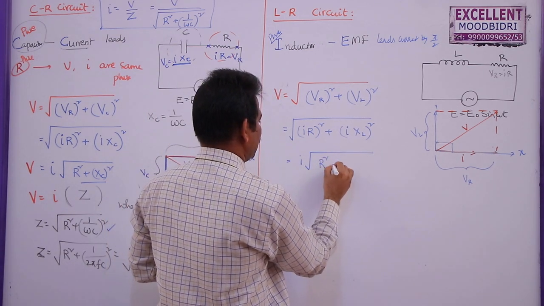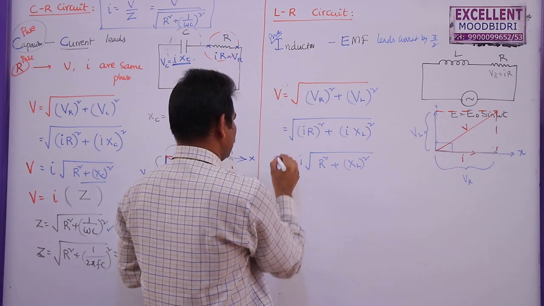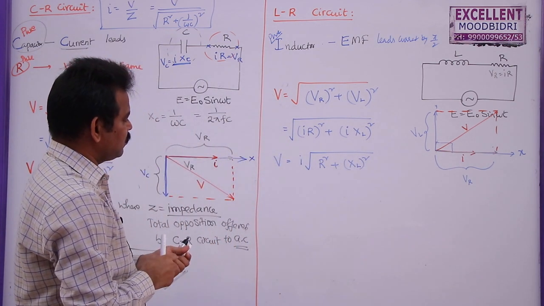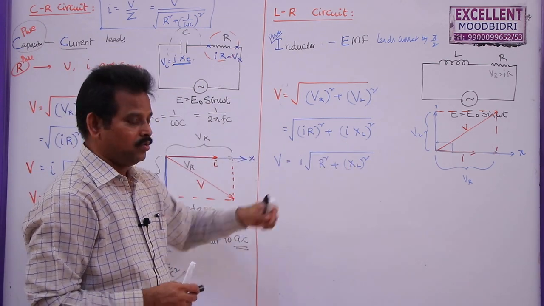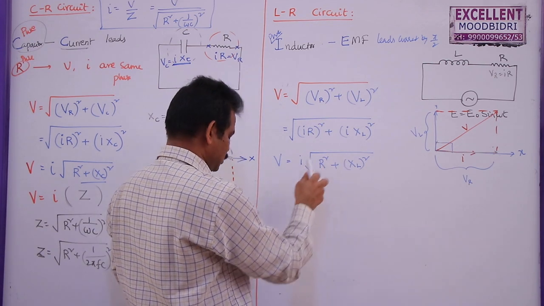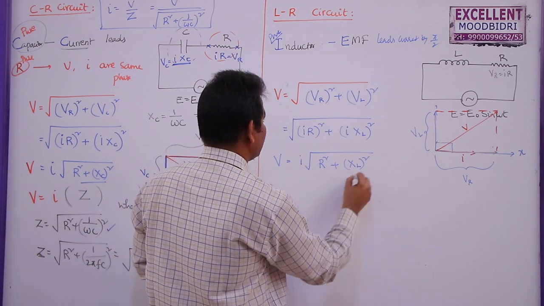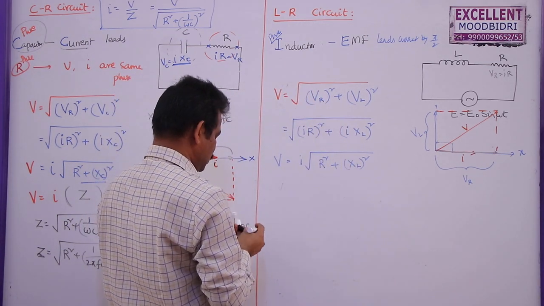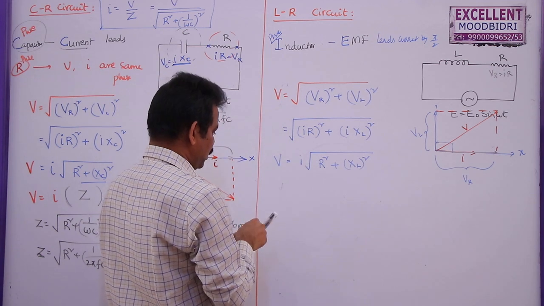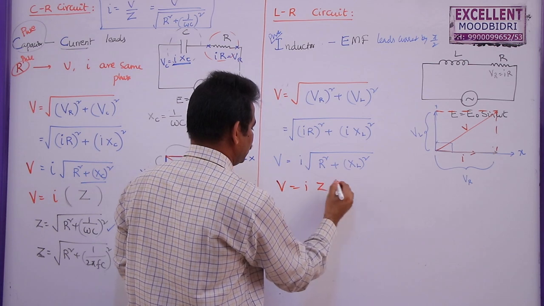The remaining terms are root of R square plus XL whole square, which is equal to V/I. So once again, from this equation we can write that this is also in the form of voltage is equal to current into some value, but this is not only resistance, it is some other quantity. So once again we call this the impedance of this LR AC circuit. So V can be written as I into Z,